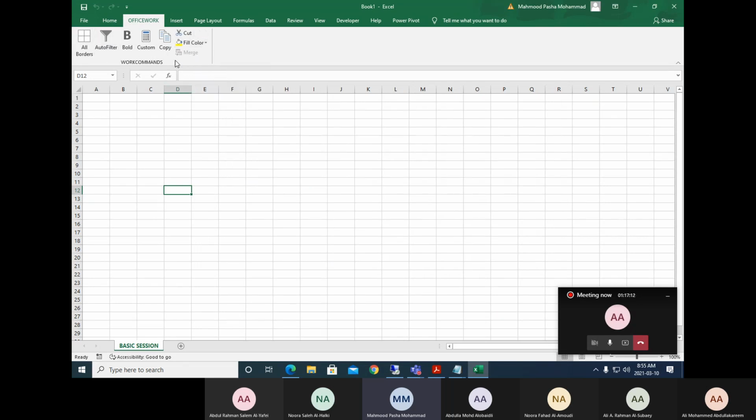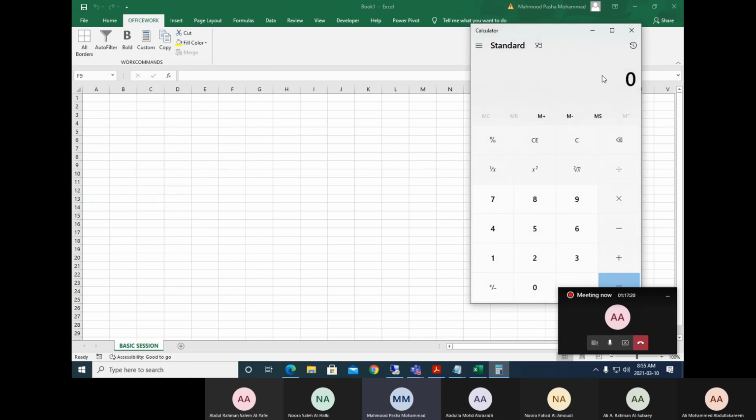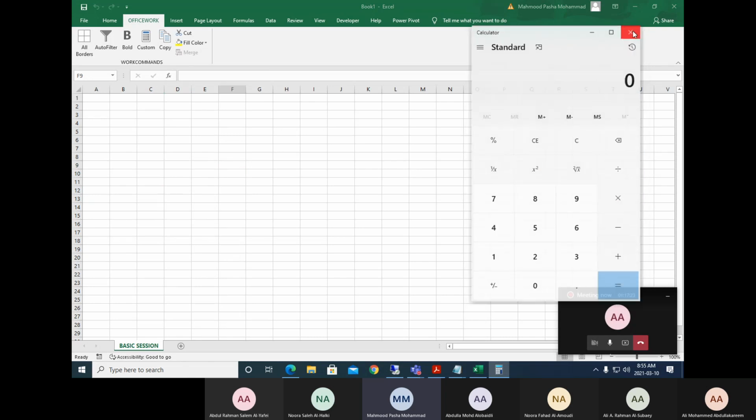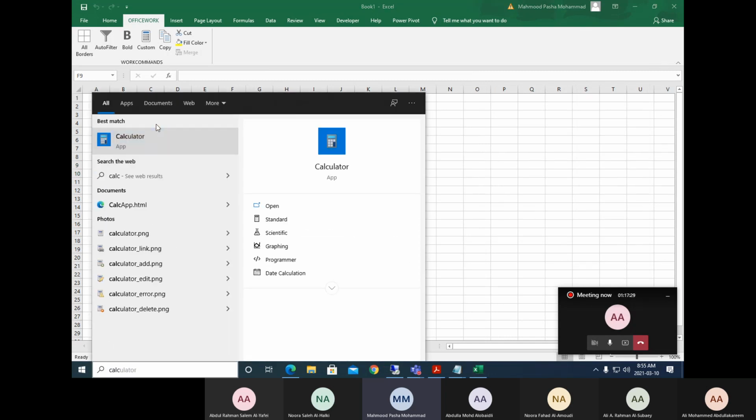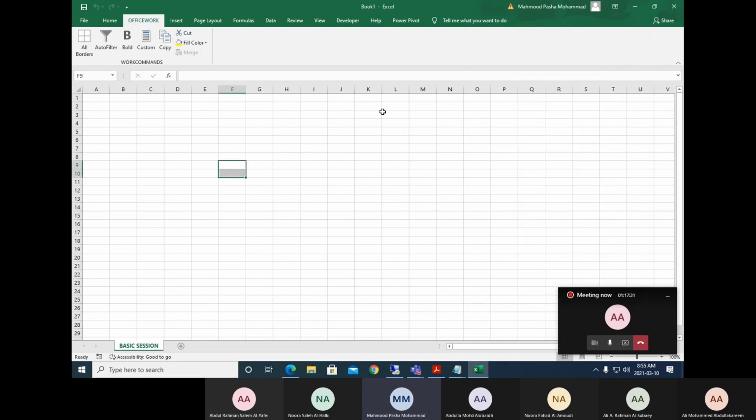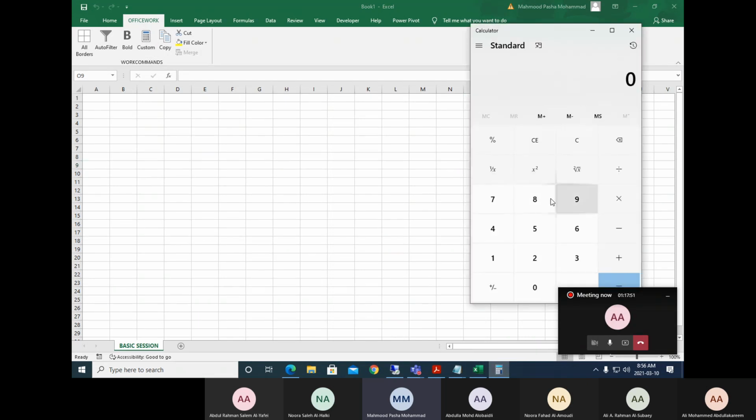Now you no need to worry about the commands which you want to work with here. Suppose for example, I want to say calculator. Click here, custom. Now see, this is calculator. Generally, if you want to open calculator in Excel sheet, it is not easy, right? You will go here, you will be typing calculator, then you will be opening calculator, right? But in Excel sheet, most probably it is not needed, as we can count or do the sum by selecting the data directly. But suddenly if you are working on some data, someone has given you some other data, and they told you, can you give me the total of this? Just click here, and you can open it and do the task over here.